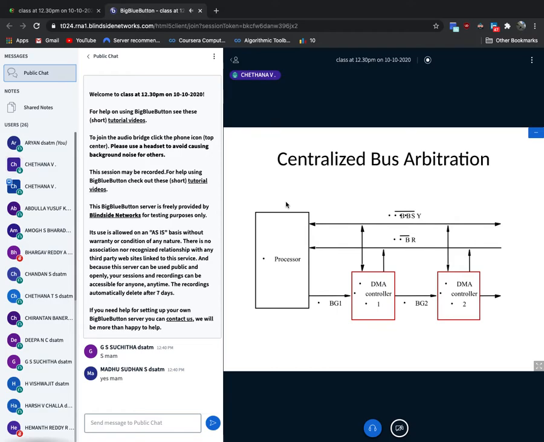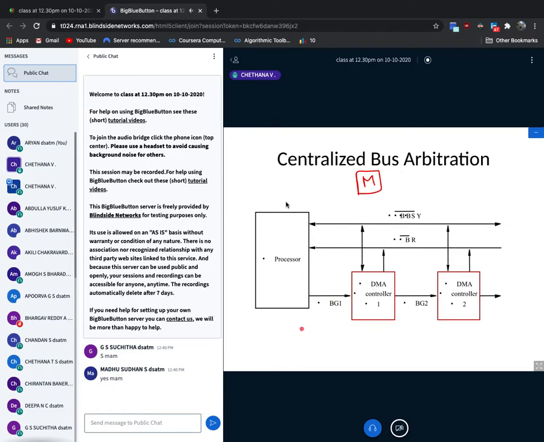That situation is available in this example. I think you are able to see this. We have a processor here, which is the owner of the bus. Now if somebody else, here DMA controller 1, is in the queue, it wants the bus to transmit data. Assume here we have a RAM memory, and the DMA controller wants to copy some data to the memory. In that situation, I want a bus.